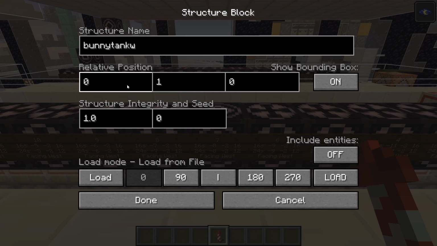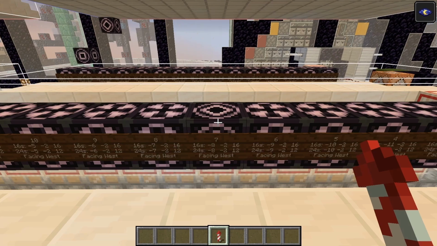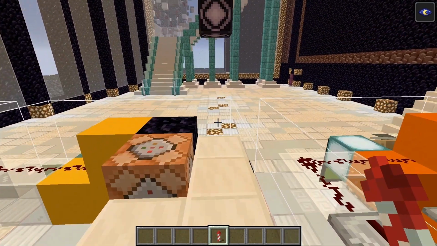What we want to do is go ahead and put in those 16s numbers right here. As you can see, we have a -8 for the first number, then a -2, and then the last one is going to be a +16. Then we just want to make sure our entities are on, and then we turn off the bounding box, hit done. From there, we're going to go all the way back to the front area here,